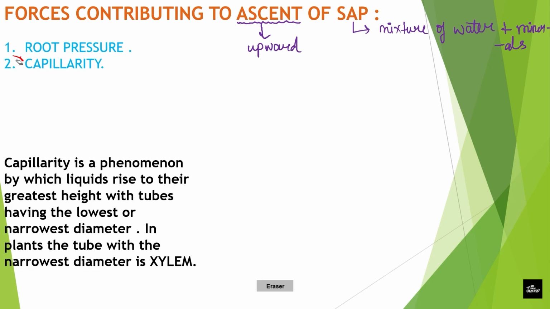Because you all know what root pressure is. It is simply a pressure which is required for the cell sap to be moved upwards to the leaves. Basically, it is a pressure which is developed due to the continuous inward movement of cell sap. I will just write here. Let me just rub this portion for you all. Okay. So root pressure is basically a pressure which is developed due to